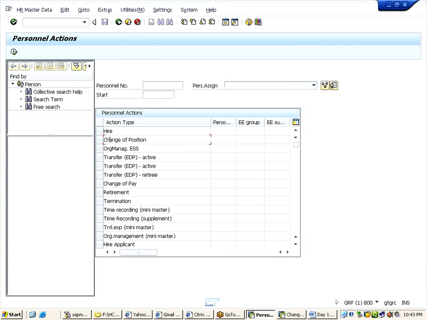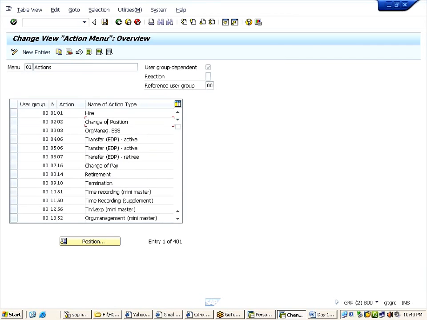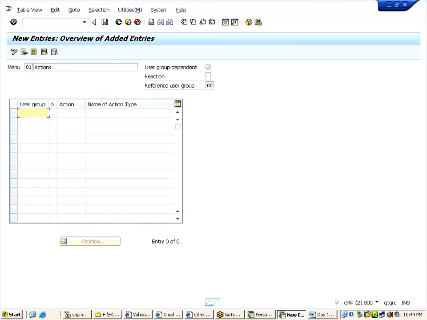It is telling for 77 already entry is existing. Let me delete that first. Give me a sec guys. I got 77. First action is hiring.